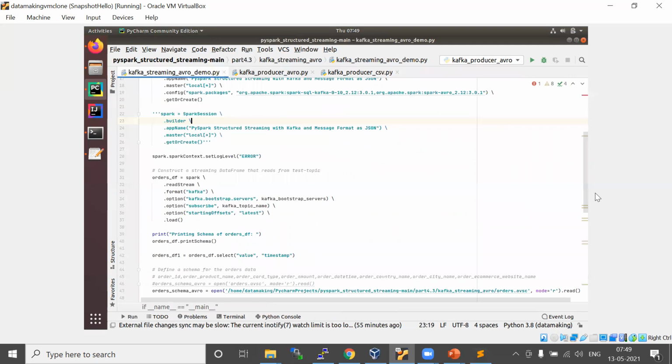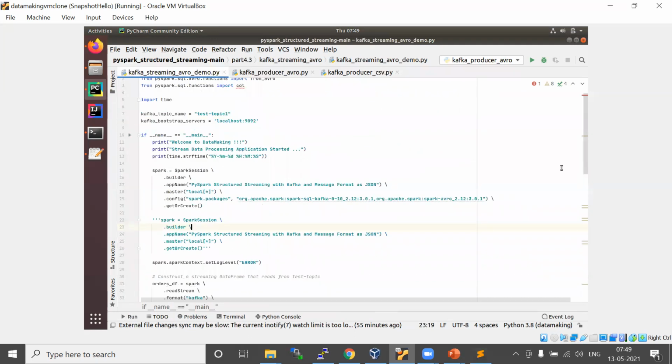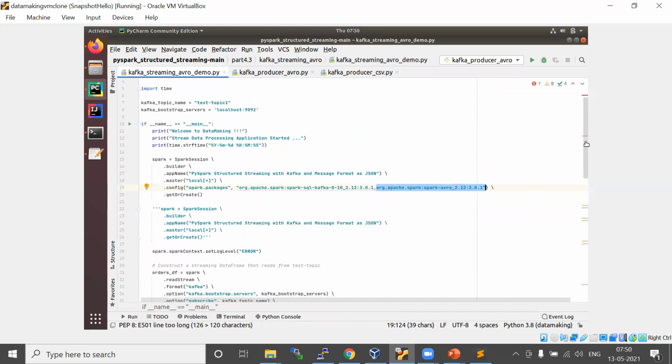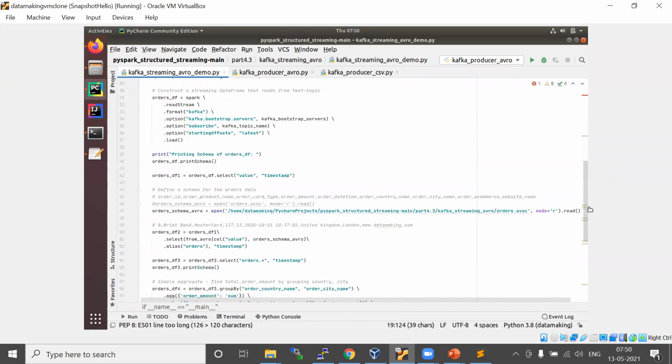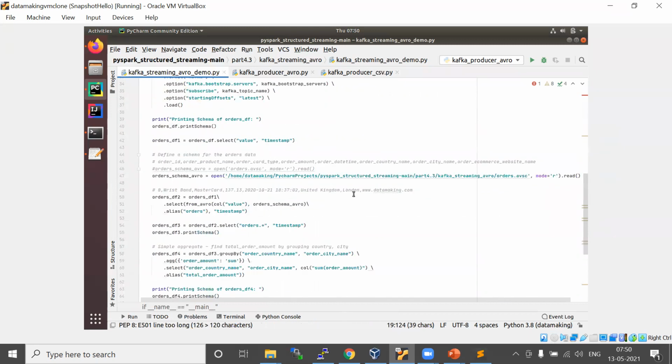I told you that apart from the Kafka connector, we also need to provide the Avro connector details, so I provided that. Similarly, we have to read the order schema, because that has to be defined in the specific format which I showed you.